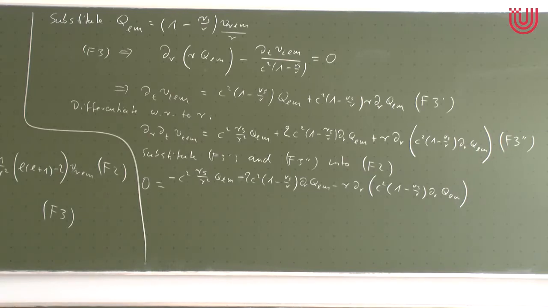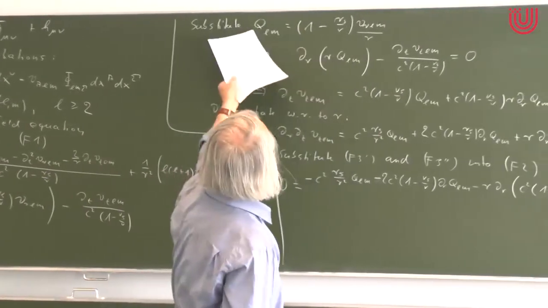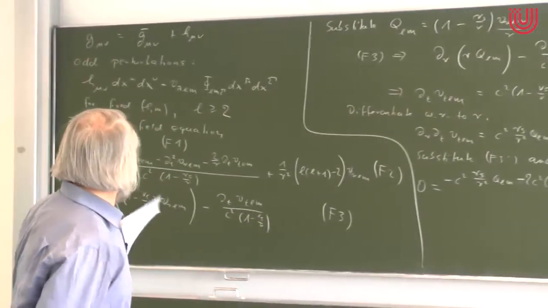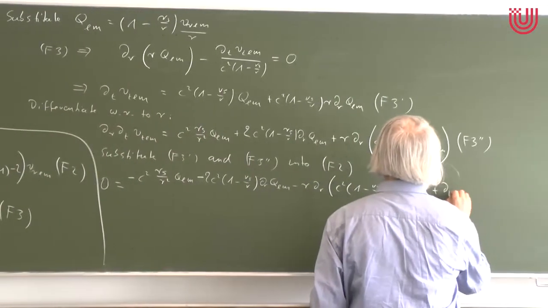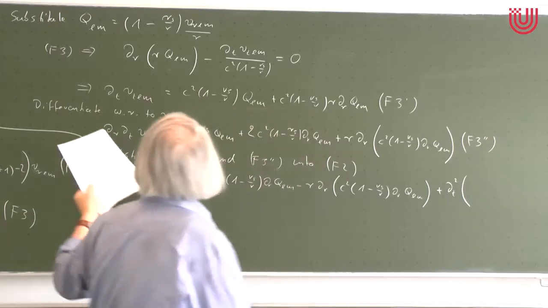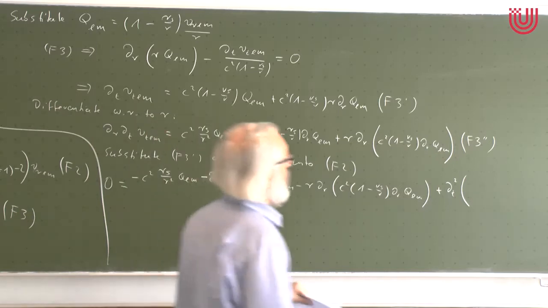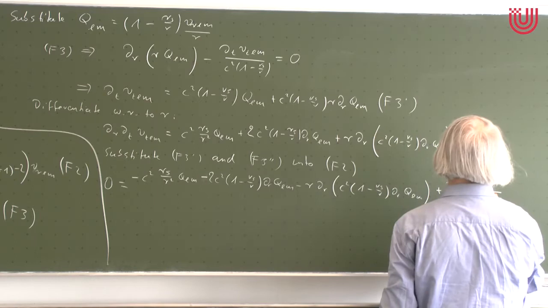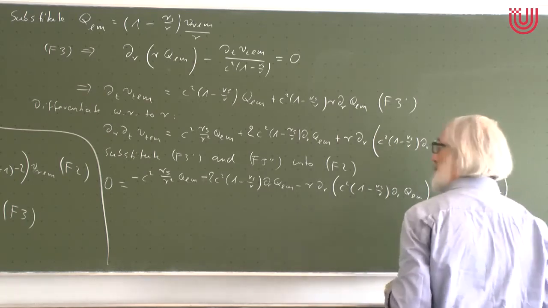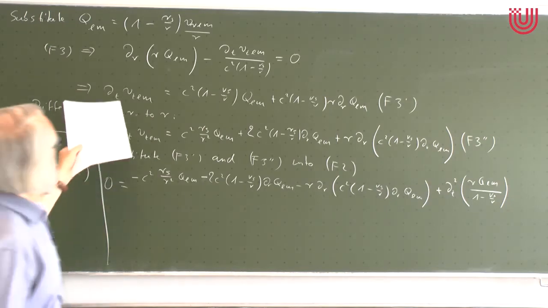Then the second term, VRLM. VRLM is this here, so I have to substitute this. So I get minus times minus gives plus d squared, and under the derivative, I have VRLM. That's RQLM divided by this term, RQLM divided by 1 minus rs over r. And the last term, minus times minus gives plus 2 over r, and then the first derivative, which I have